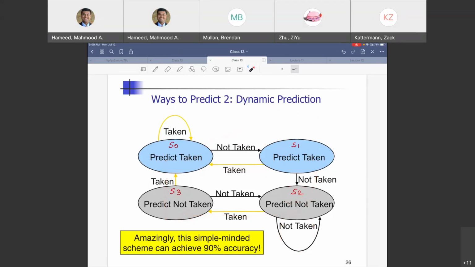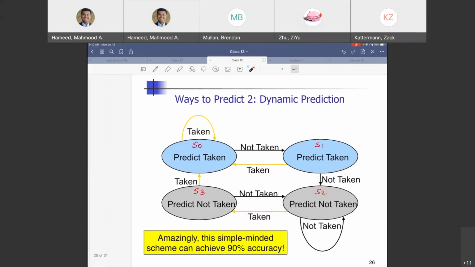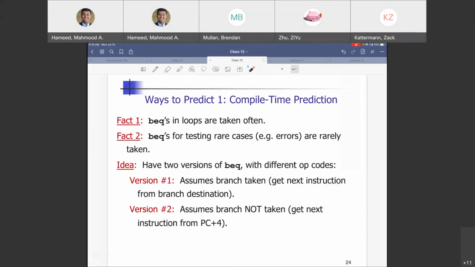And we have only one thing. Why do we need to predict branch? Well, if we don't predict branch, then we are losing 1 clock cycle, right? And we are trying to reduce, on average, even that 1 clock cycle. So let's suppose that half the time branch is taken, half the time branch is not taken. If that is the case, then we lose that 1 clock cycle whenever there is a branch instruction half the time, and we don't lose it half the time. But that's not the case, right? That's not reality. The reality is, if you look at fact 1 and fact 2, the branches are skewed towards one end or the other end.